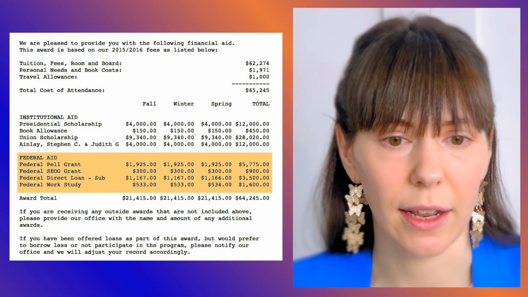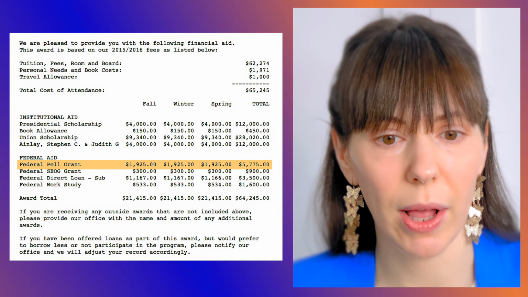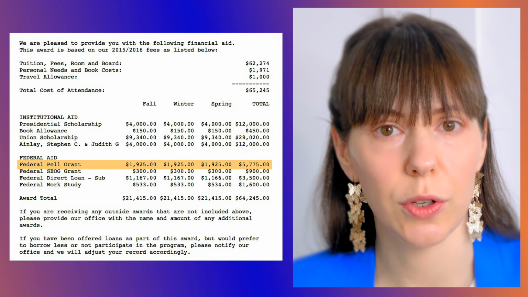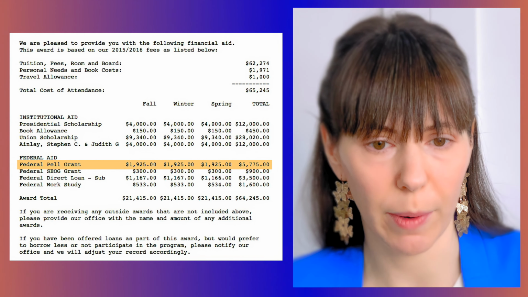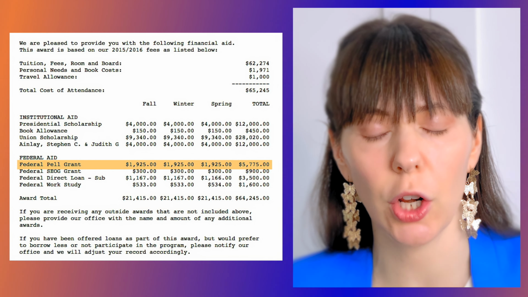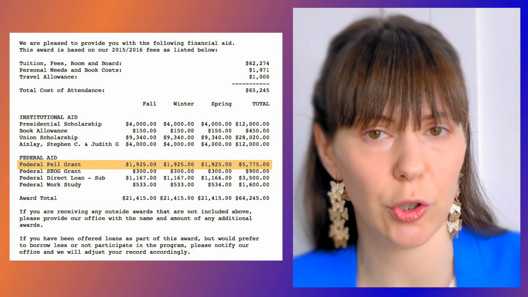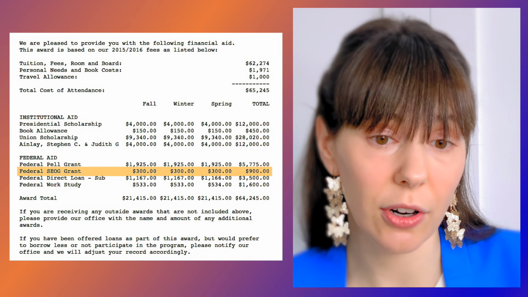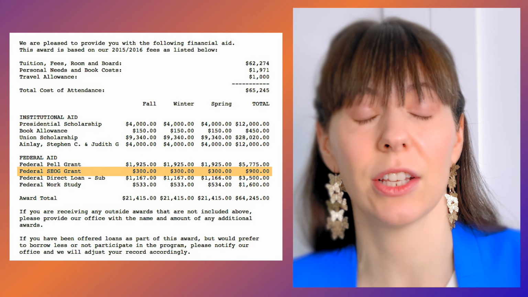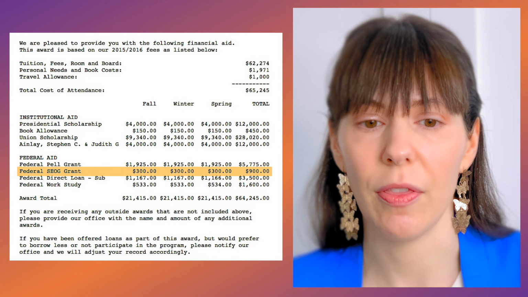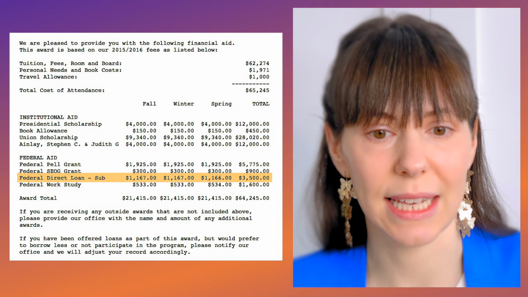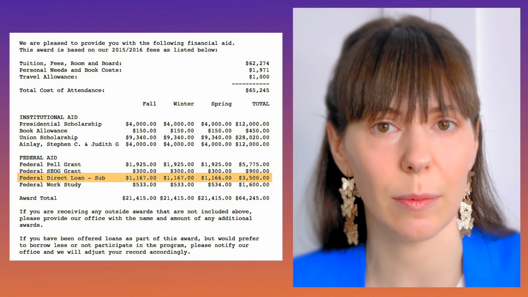Then we have federal aid. And so here you see Pell Grant. Pell Grants traditionally go to students whose families are making not very much money. So if you are a Pell Grant recipient, you often have an expected family contribution of 0. And then you see all these other federal grants. Remember, anything that says grant doesn't have to get paid back. And then we get to the subsidized loan. She's definitely gonna say yes to this. You can see that this adds up to $3,500.